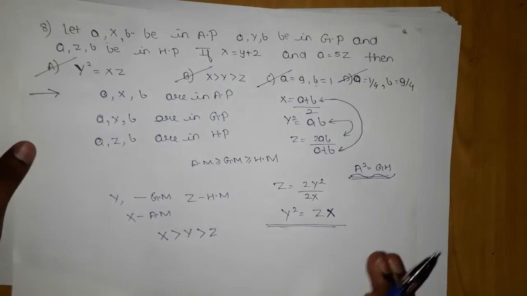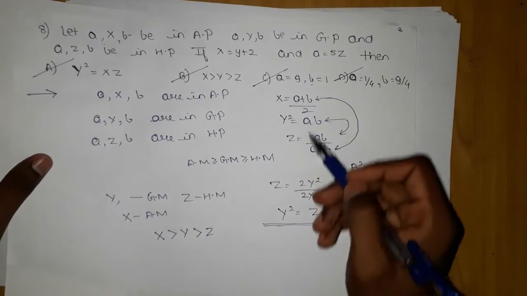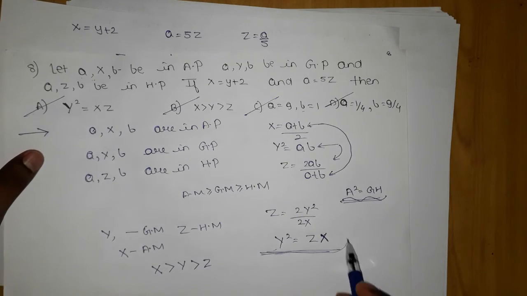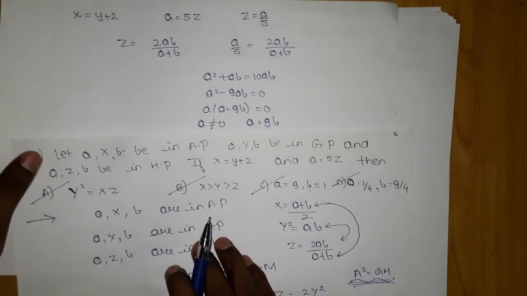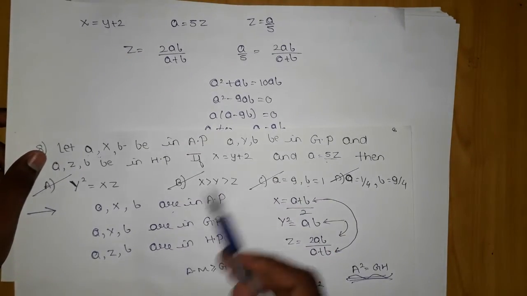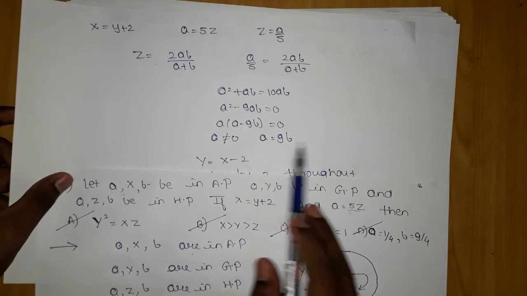First we collected the terms. Okay, then we just substituted the terms which we can find in HP. After getting that, we analyzed that this is a GP, which is only possible in this case, so AM will be greater than GM greater than HM. After this, what we did, we used this equation, substituted the Z value and got a relation. Okay, got a relation of this, a equals to 9b.